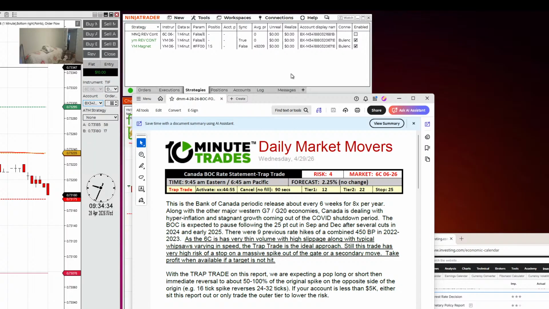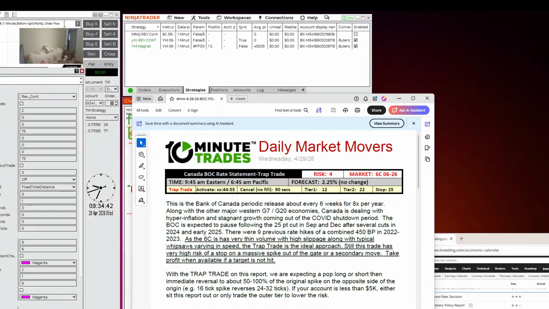So we have a trap trade for the Bank of Canada. What's a trap trade? Right click the chart, click strategy. It's a trade we believe is going to reverse if we get filled. But first, remember, we had a reverse continuation from our previous MNQ setup, so we're going to modify it for